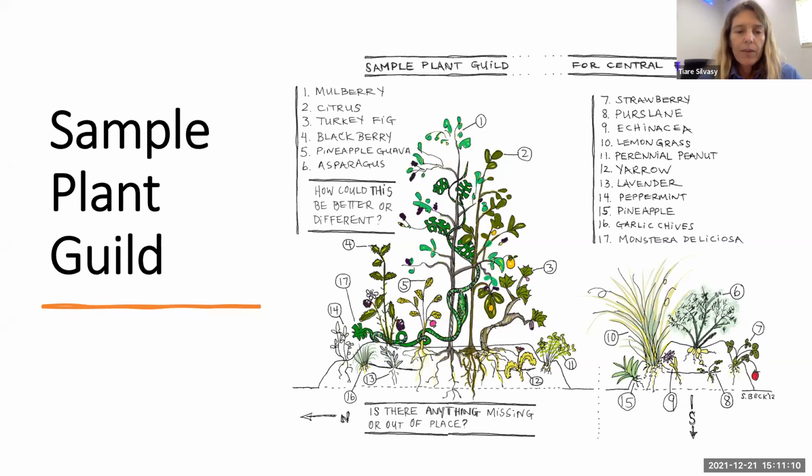So one of my many plant endeavors was teaching permaculture, and this is a sample plant guild. A plant guild is just a fancy term for a lot of companion plants planted together. In the image in the center, you can see the number 1 is the mulberry tree. This is the tallest, biggest tree, which we're going to call the center of our